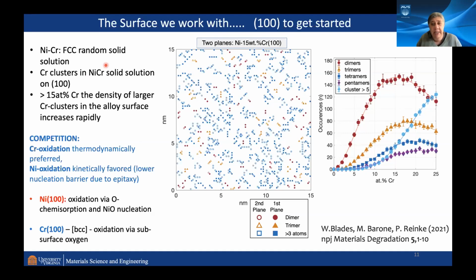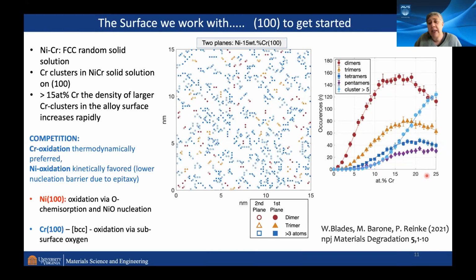However, the question is, if you look at a random solid solution and we can't distinguish between nickel and chromium, how does that look? And that's what this graph shows you. It's a calculation of a completely random placement of your chromium atoms in your FCC 100 surface. And this is how it looks with 15%. You can see that the chromium atoms, just by random placement, will already form these filamentous types of clusters.